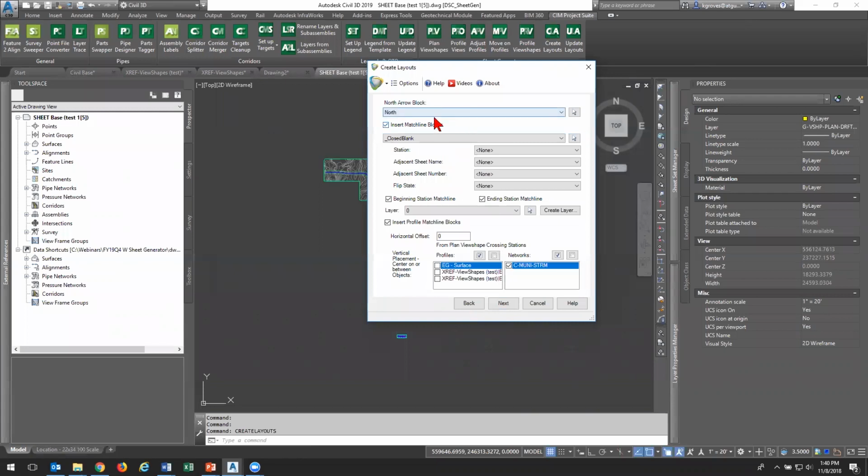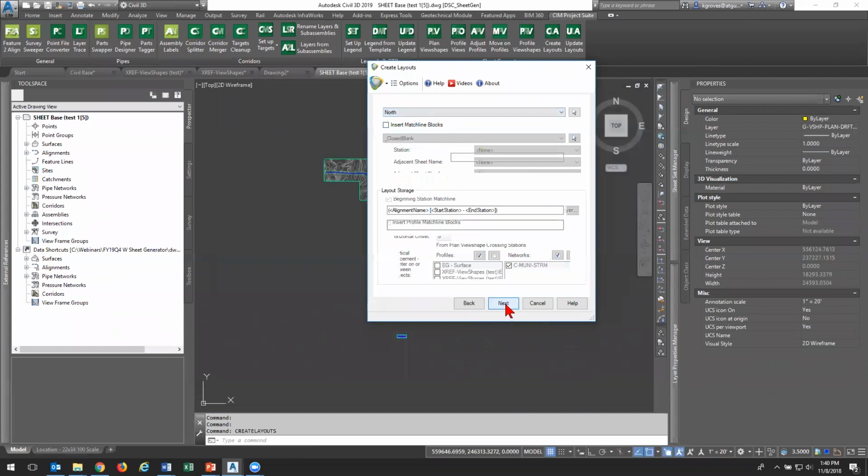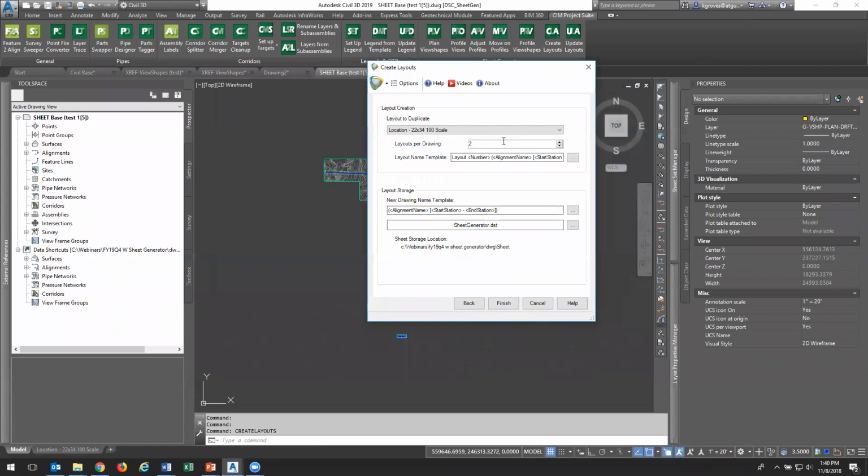And I get to use a north arrow block. I'm going to skip the match line part for now. And if we do, we have a variety of options of where exactly that's going to go. And then I need to assign my layout to duplicate. I already deleted the rest of those out, and there's a misnomer that's supposed to be a 20 scale. But